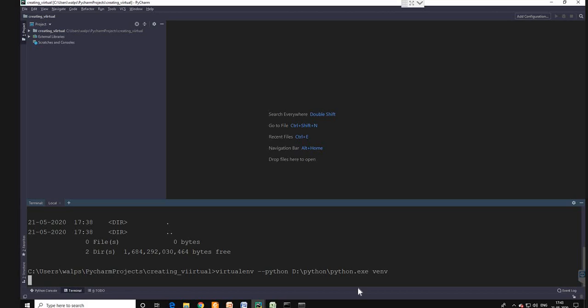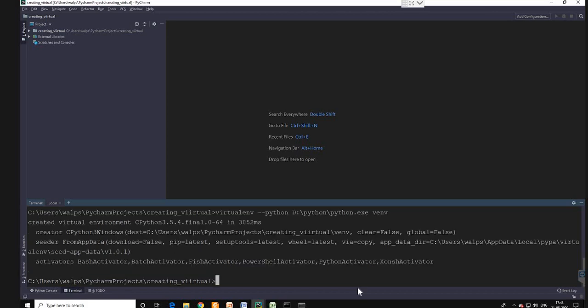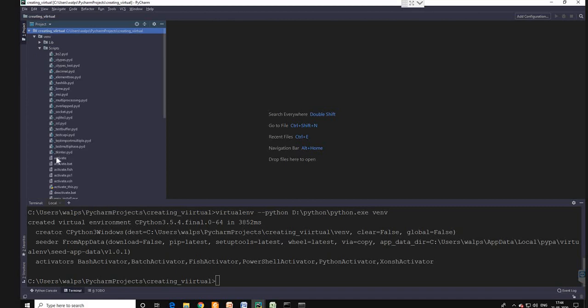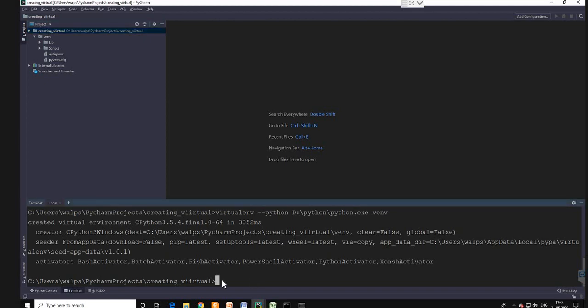It will take some time, it's creating. Now you can see that a folder has been created over here with the name venv, isn't it? Now you need to activate this virtual environment also. So the script is there. In the script, some predefined modules are there. That module has been copied over here basically. Fine. So for activating this, I am in the same directory. My venv is in the same directory.